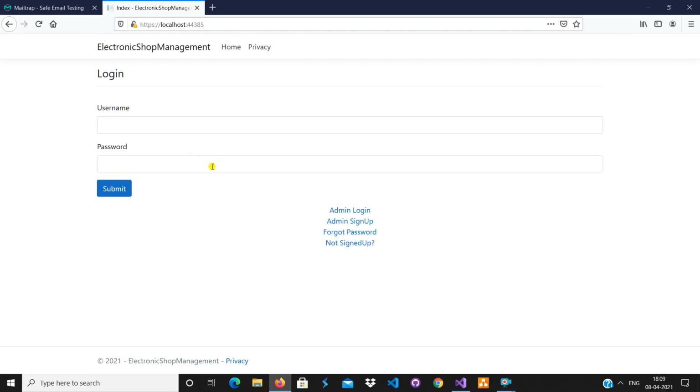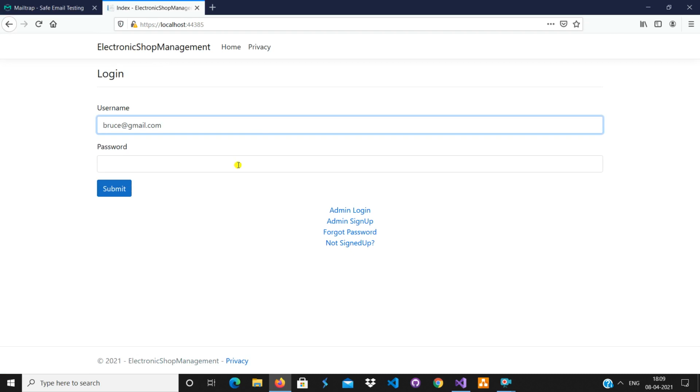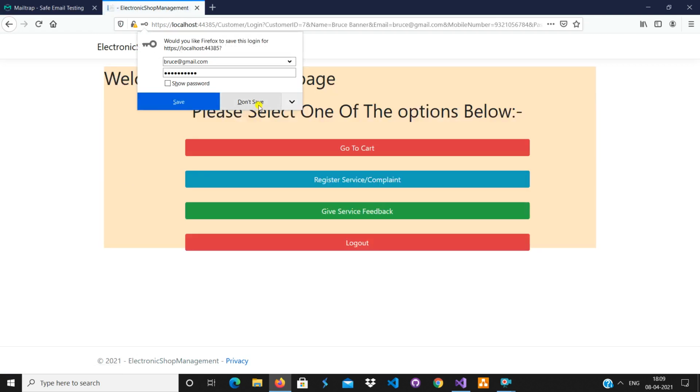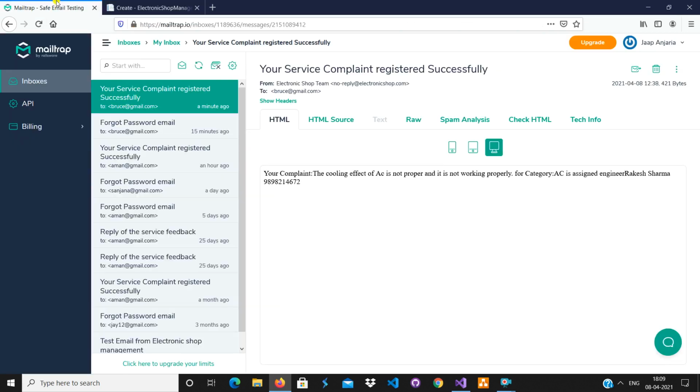So now, in this software, there is one more thing which can be done by the customer, and that is giving the service feedback. So when I click on submit, let's say we want to give service feedback. Basically, why do we want to give service feedback?